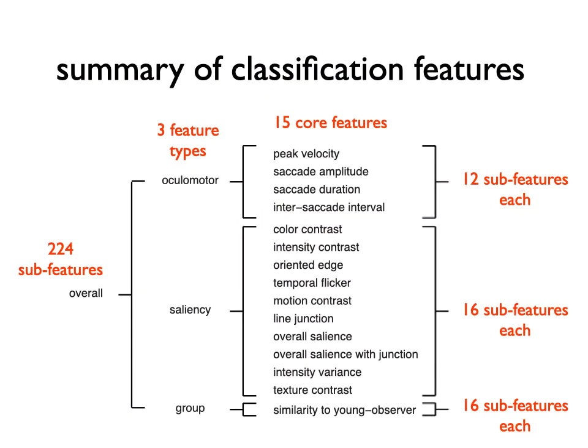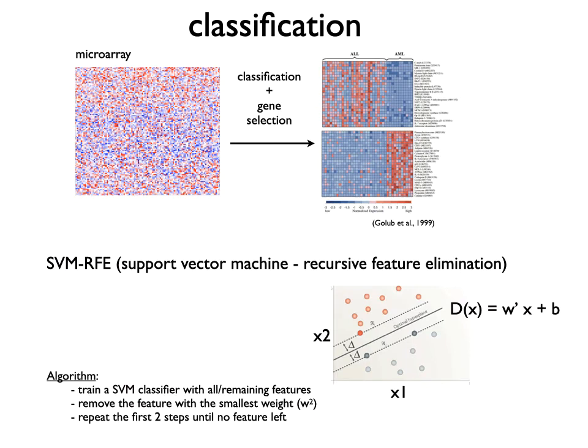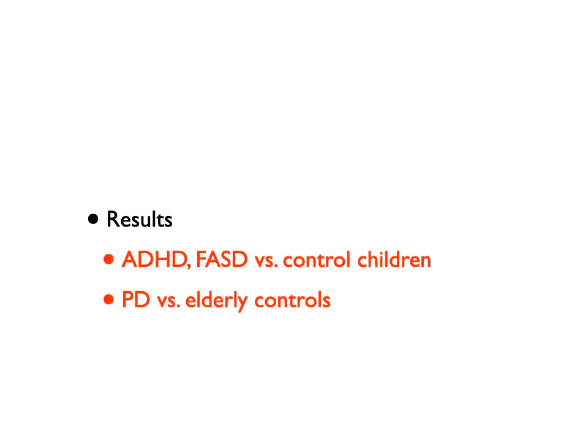So we further break down the features. From those 3 types, oculomotor, saliency, and group-based features, we can further break it down into the sub-features, and then we further break that down into different points in time. So looking at the first saccade after each transition from one scene to another, and the second saccade, and so on. And finally, we can develop a classifier to try to then see whether there is enough information in the